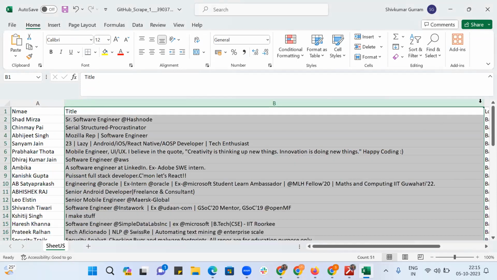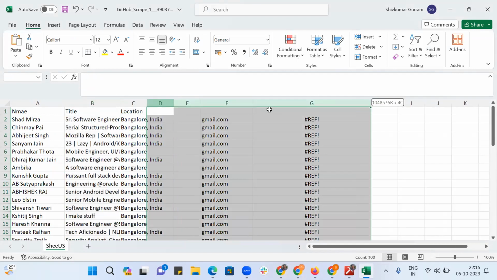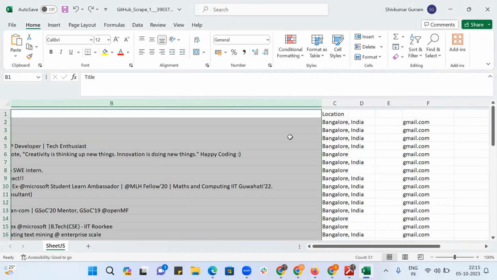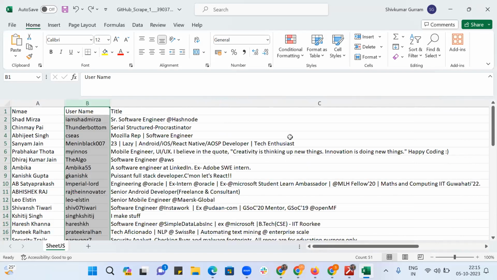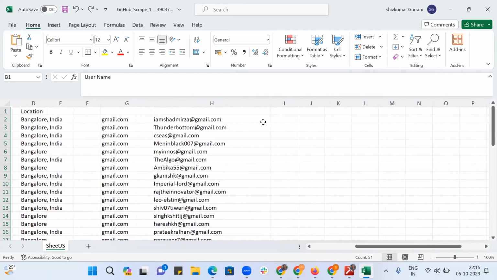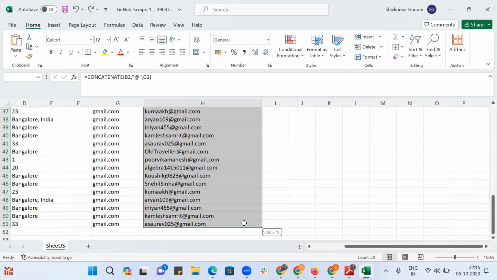delete. Sorry, based on username only we created, right? So let me decode it first. This is formula driven. I'll copy it and